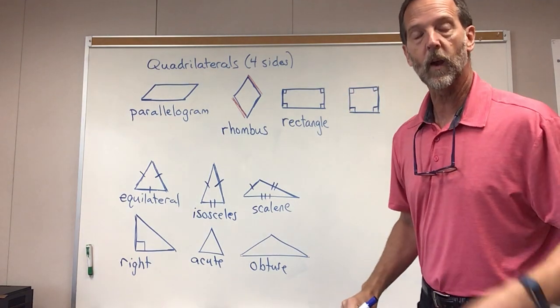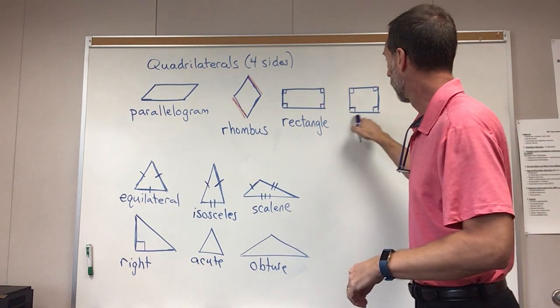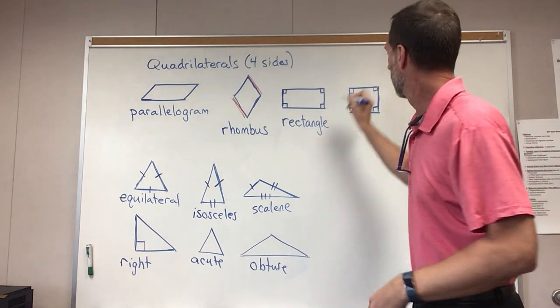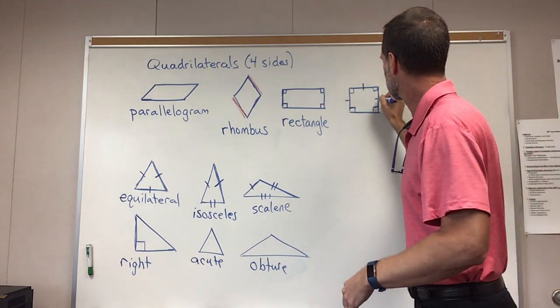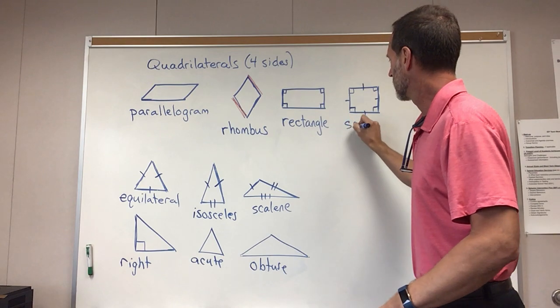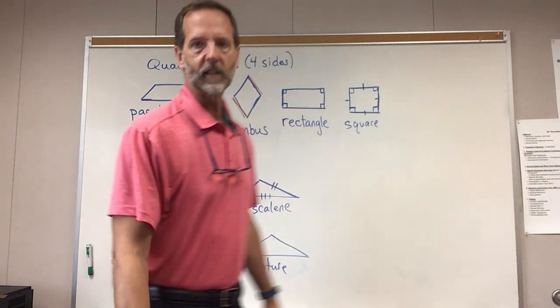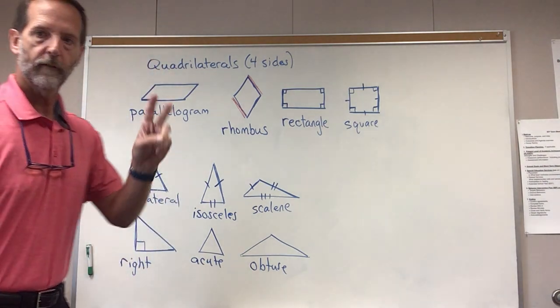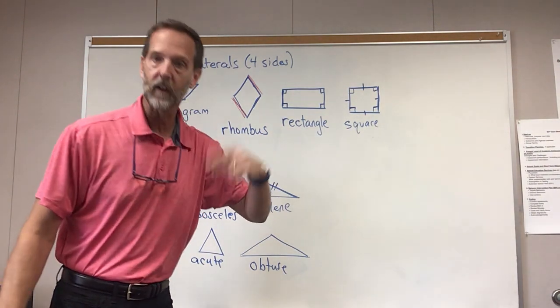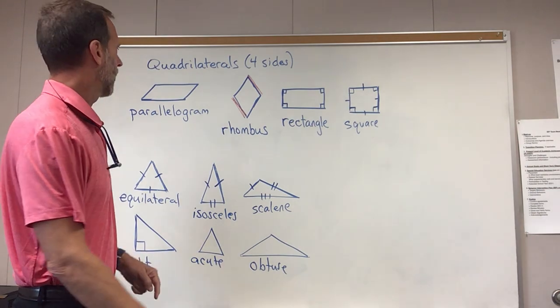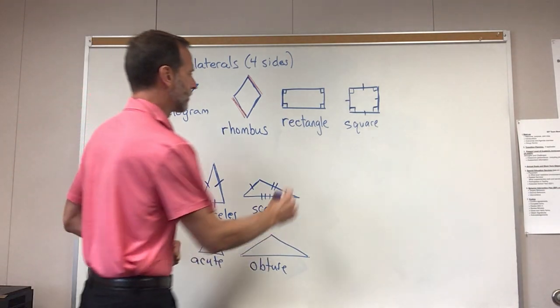The reason it's a square has 2 things. It has 4 right angles and 4 equal sides. So this is a square. That's a square. Okay? 4 equal sides and 4 right angles. All right, our last quadrilateral